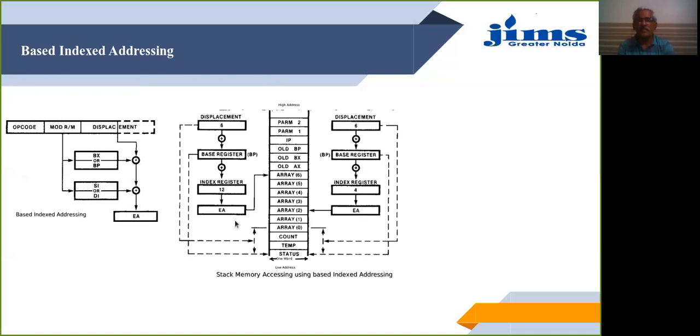Such types of addressing schemes are used for the stack memory accessing. Here it is clearly seen. You have the base register that is pointing to some base value. Then there is the displacement over here. When we add the value of the index to it, you will be able to find the physical or the effective address.